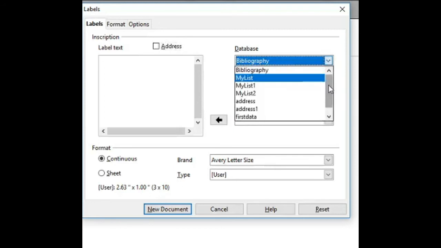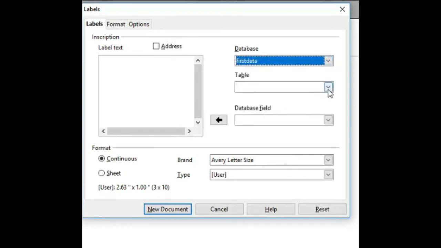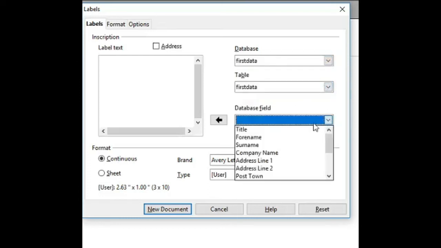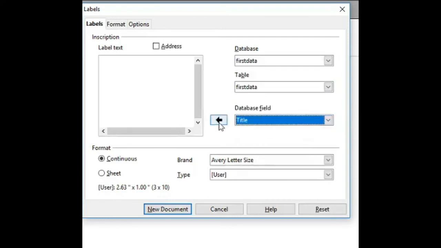Now I'll select my database which I had used for creating the labels. First data. Now I want title first. Select the title and press this button. If you want space between, press space bar first.